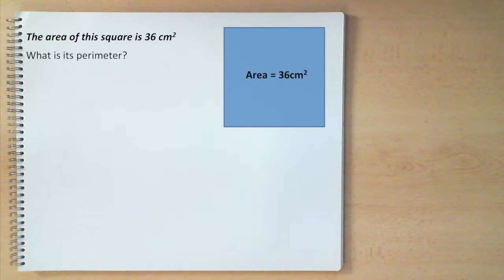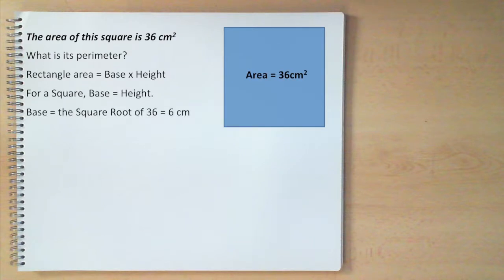Let's use some of the things we've learned about perimeter and area to solve some simple problems. Here's a square. Its area is 36 centimeters squared. What we want to know is what's its perimeter. So we've got to work backwards. We've got to go from the area to work out the base and the height, and then work out the